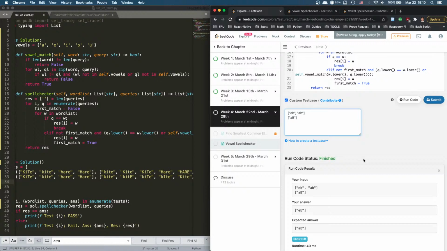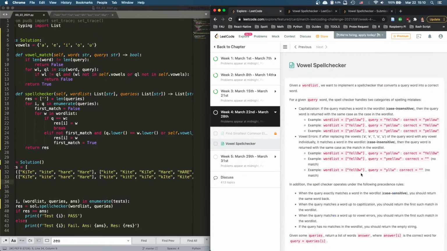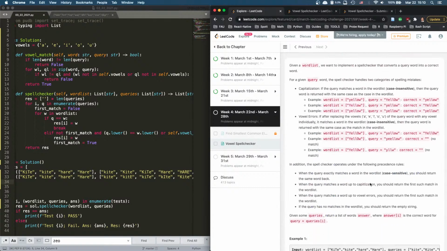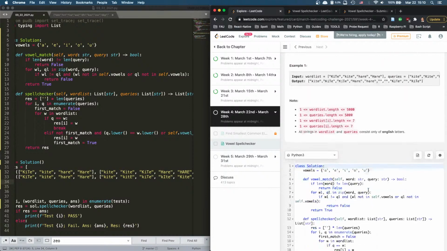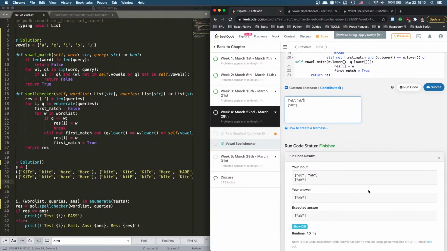So what this is saying is capitalization takes precedence, right? Capitalization takes precedence, which means if they match the capitalization